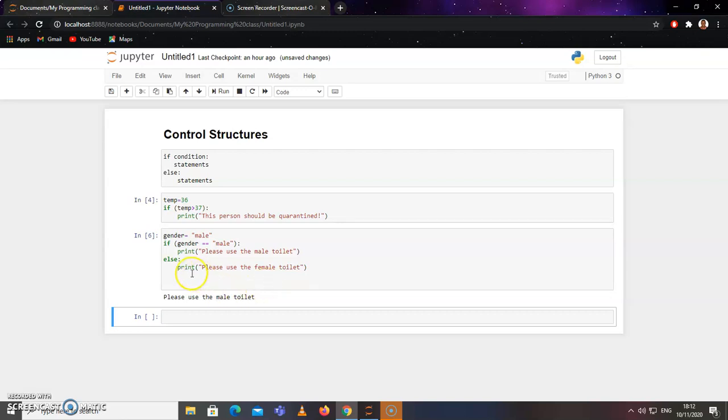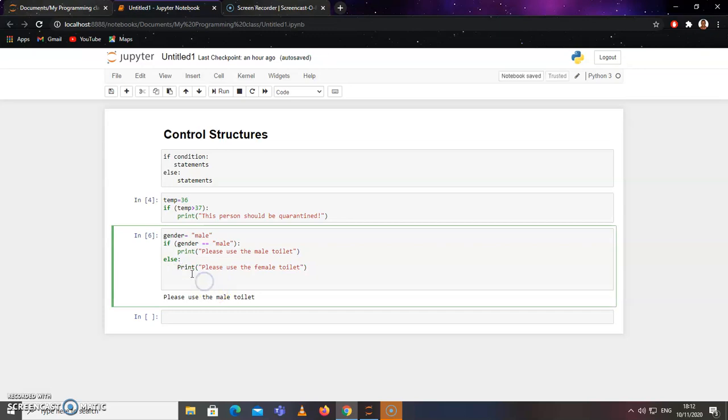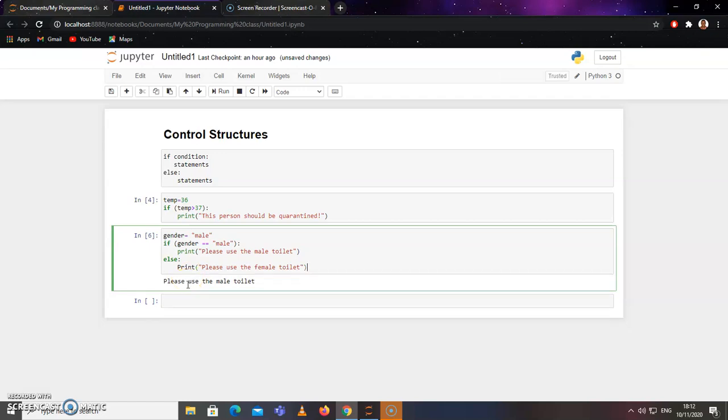An example can be here. We all know that the print function that we use is all in small letters. Let's say you make a mistake here. You put a capital letter. You see the color is changed, which means the interpreter that we are using to execute these Python statements doesn't recognize this print as a keyword. So if you try to run it,